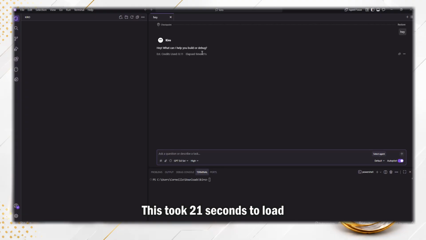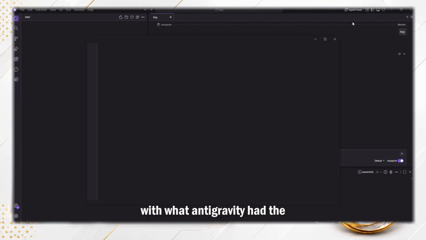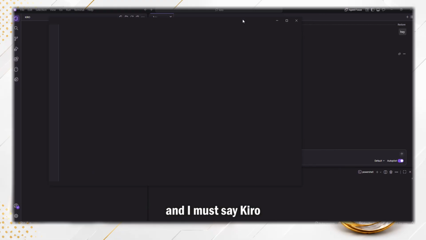This took 21 seconds to load, 0.1 credits for it to load, and amazing. Amazing. You can even see they're trying to experiment with what Anti-gravity had, the agent manager. It's still in the experimental phase,